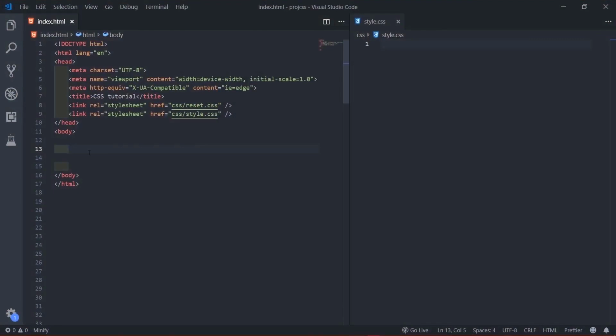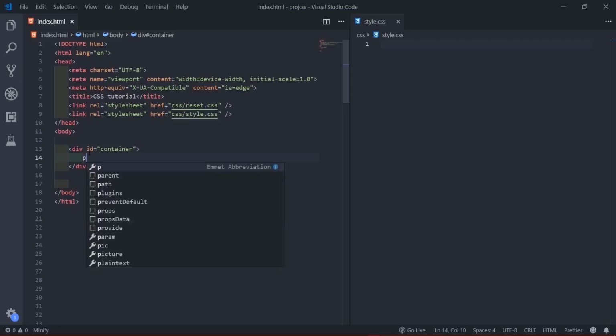So quickly, I'll create a div and give it an ID of container. Inside it, I'll create some paragraphs.